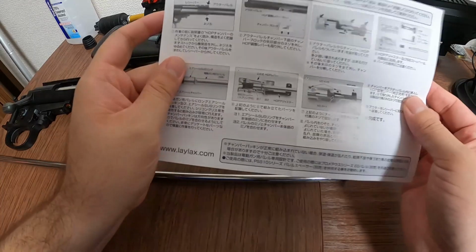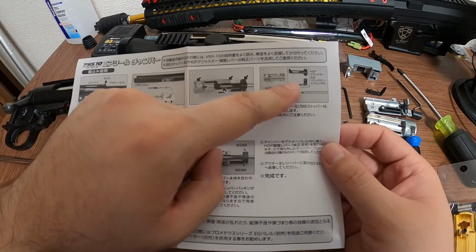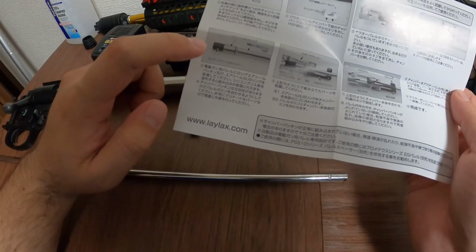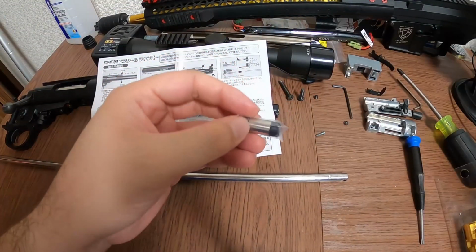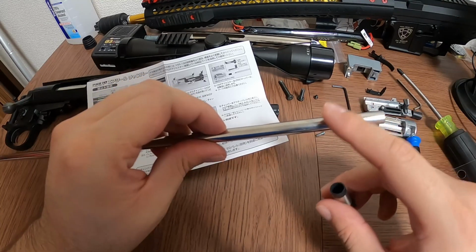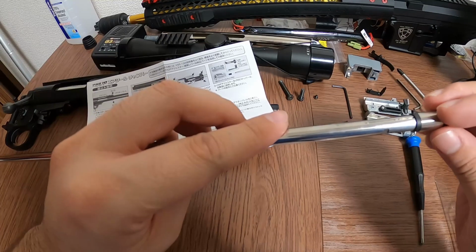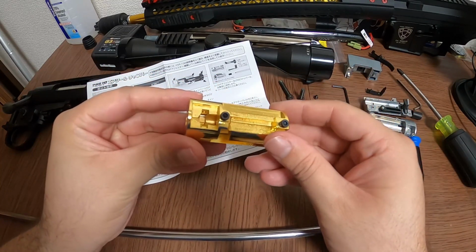This is right here just stating that the hop-up adjuster, you will need this, so put it off to the side. And it looks like also the BB stopper is what we'll need as well. So first things first is to put on the long air seal chamber unit, which comes in this handy dandy little baggie. So just like other AEG hop-up rubbers, you have the line on here to match up with the gap here. 他のホップアップ電動ガンのホップアップみたいにこっちに線がありますので、そこに入れましょうね。